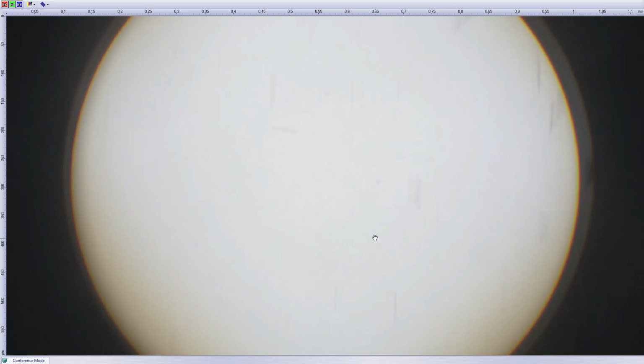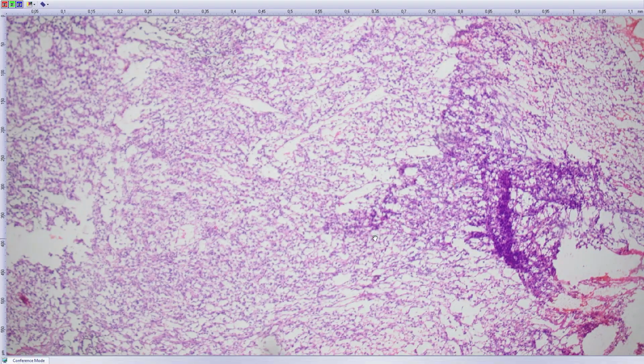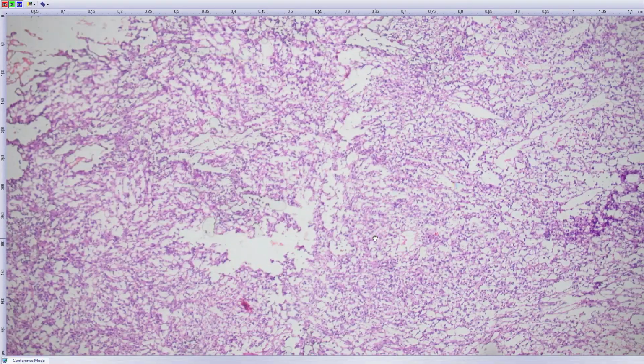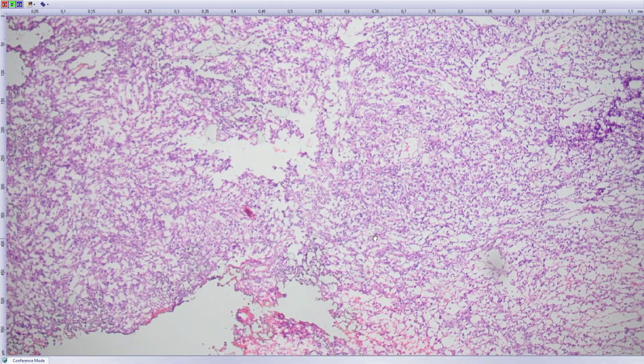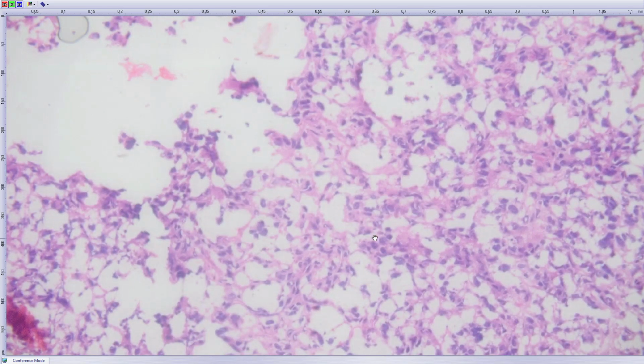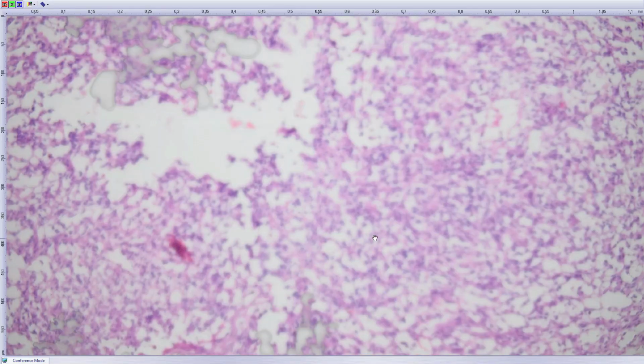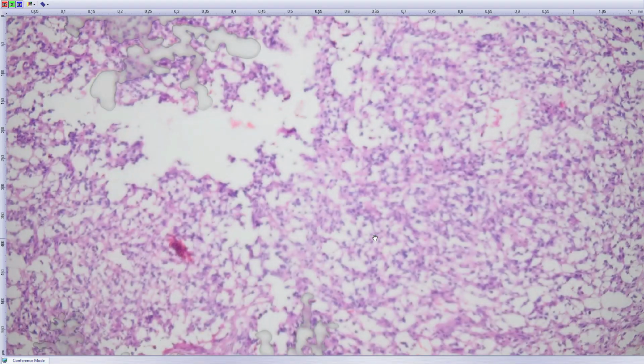It's here. So frozen section in brain tumors is not the best method. I like cytology more. If you see this aspect of this frozen tissue, you can tell, yeah, it can be meningioma, but